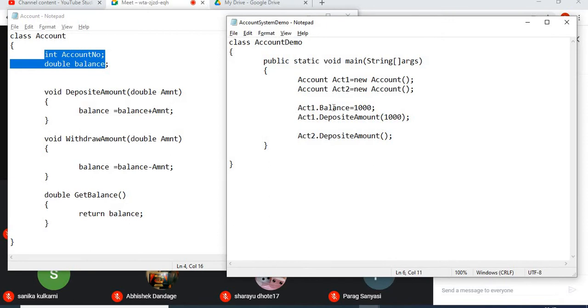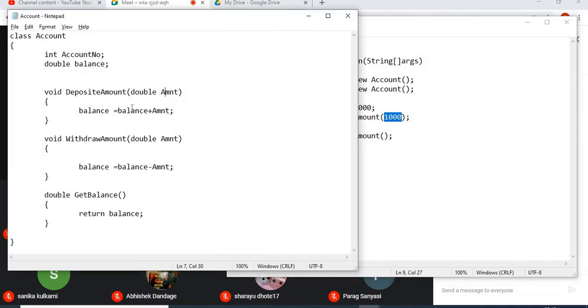Now we are making use of the balance variable of ACT1. So we are accessing the balance copy from the ACT1 object, and we are assigning it the value 1000, and then we are calling the method deposit amount. This deposit amount method is taking one argument, that is 1000, which would be received in this parameter amount, and what it is doing is adding that value into the balance variable.